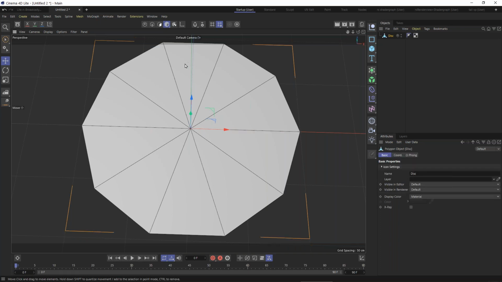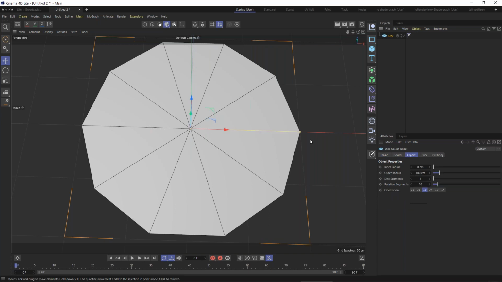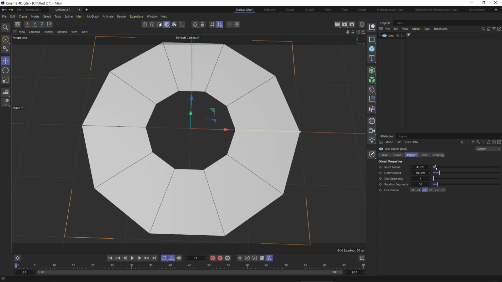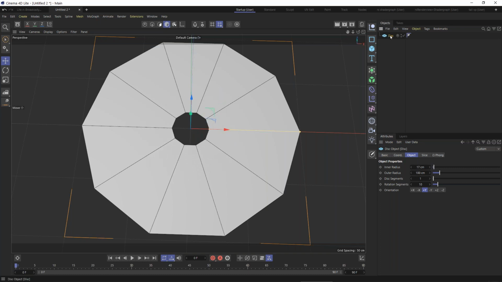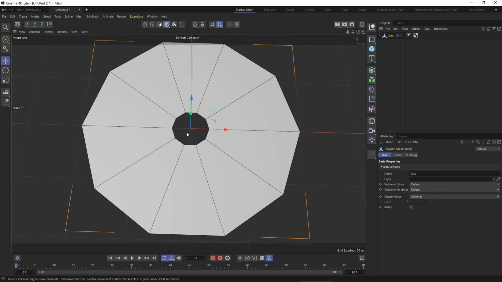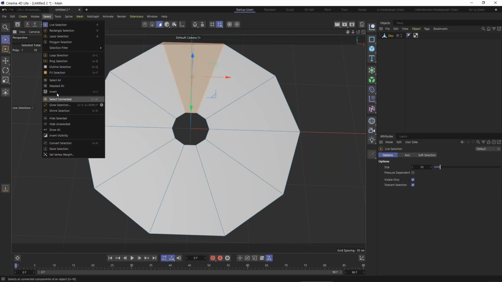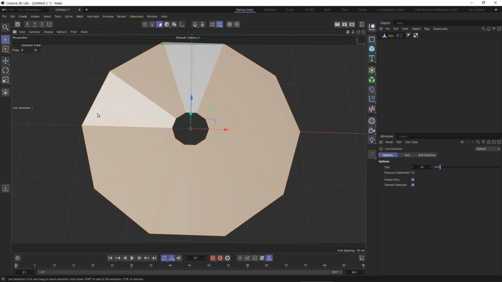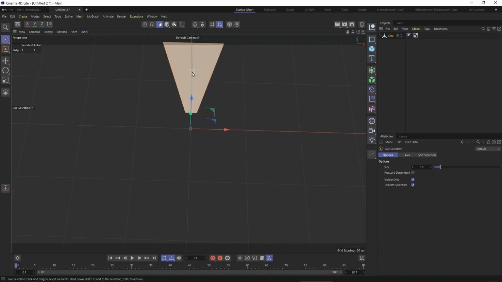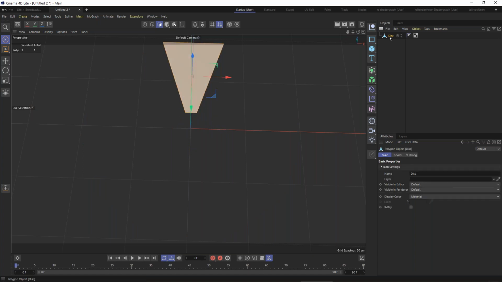And then what I want is just one of these, really. Actually, I don't want them to be pointed. So I'm going to go to inner radius and bring that up like that. Now I'll make it editable with the C key. And in polygon mode, I can use my selection tool to select this one. Then I can invert that selection, hit U, then I, and delete those. Now what I want to do is take this one segment